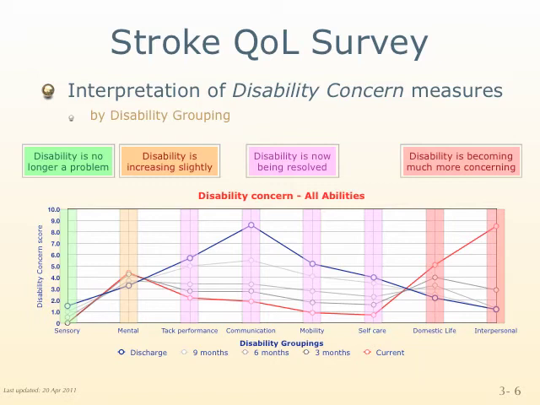Because all treating therapists and medical professionals would have access to this sort of information, they can all quickly get a picture of the stroke survivor's recovery journey and see where their particular expertise and services fit into the overall recovery process. It also makes it clear what problem areas need to be given priority and what problem areas are becoming less important.